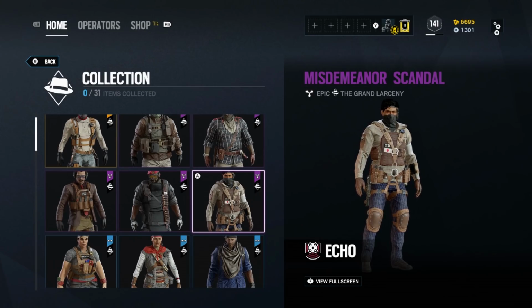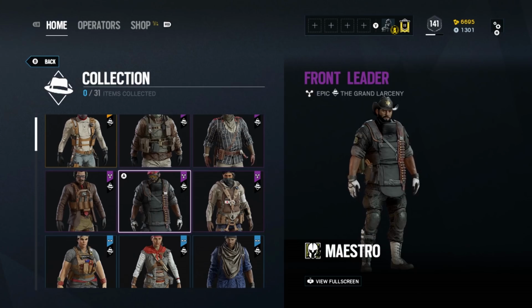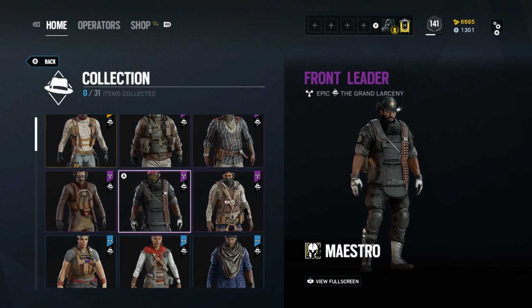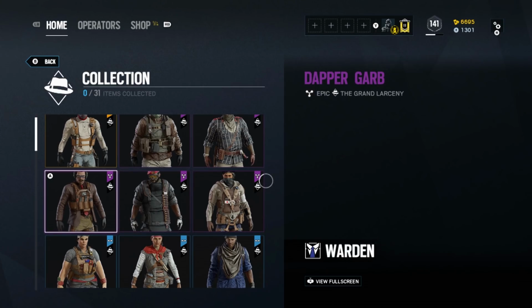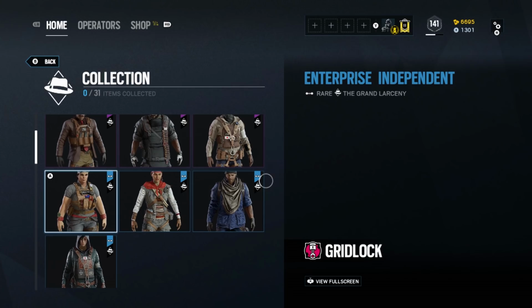There are a total of 31 items in this event, and the vast majority of them are either headgears or uniforms or some of the weapon skins. There is actually only one universal charm in the entire thing. So outside of that, there are 30 skins for either headgears, uniforms, or weapon skins,